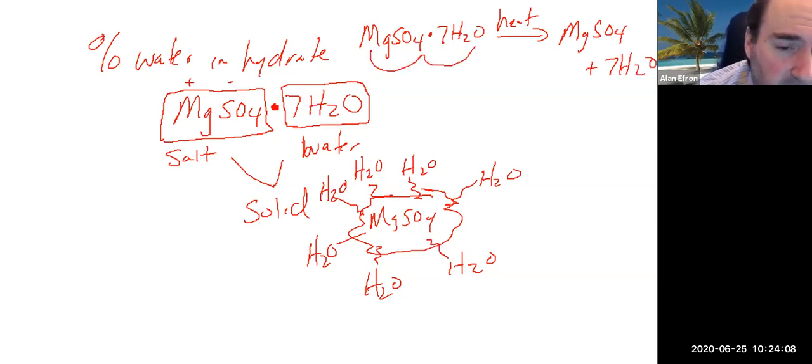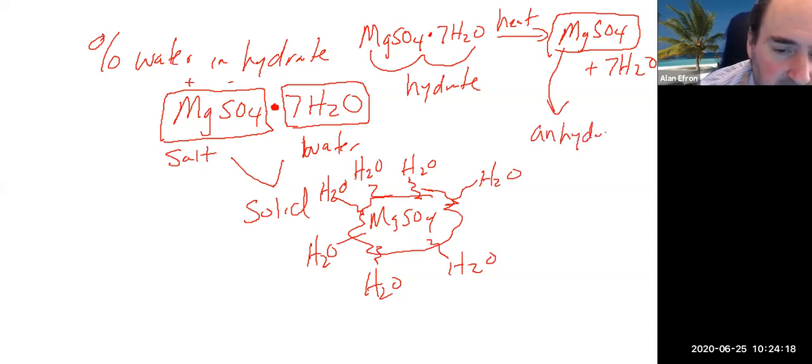This guy with the water all together is what's known as the hydrate. When you heat off the water at the end of the experiment, this is what is known as the anhydrate, which means it does not have water associated with it anymore. And that's the goal of the experiment here, to drive off that water. So why is that important? That's important because we know that if we started with this guy,